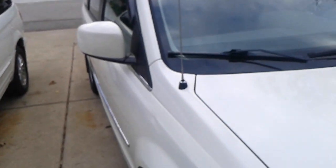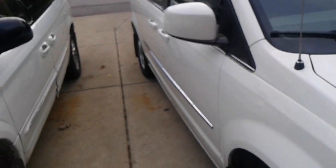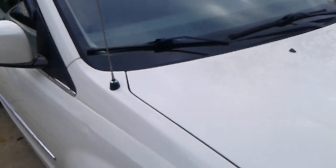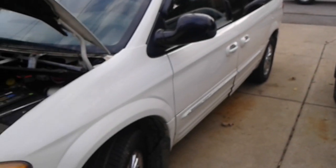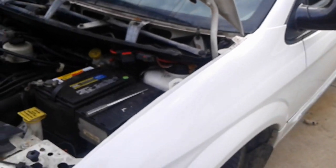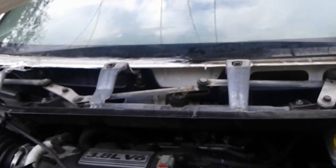Luckily I got two of these things, so I'm even more happier. This one's a newer one, so apparently the 2010 does this, and even the 2006. So don't mark my words on the 2010 yet, but back to the '06. So basically, if you're on YouTube, you're gonna read one of two things. The first one that's pretty common in here, and you'll see I did it and it didn't work, is they